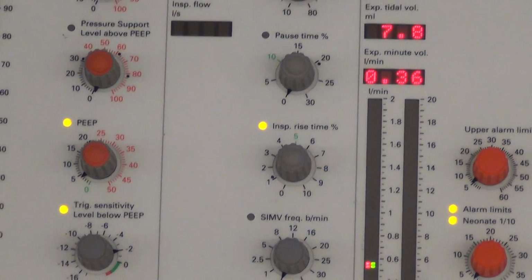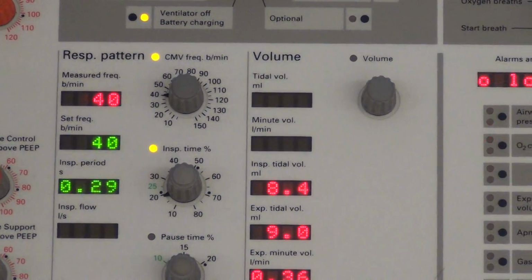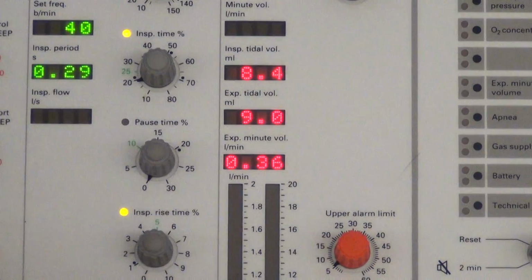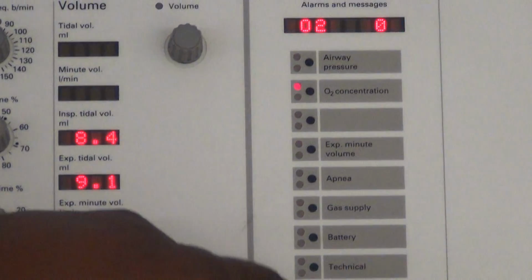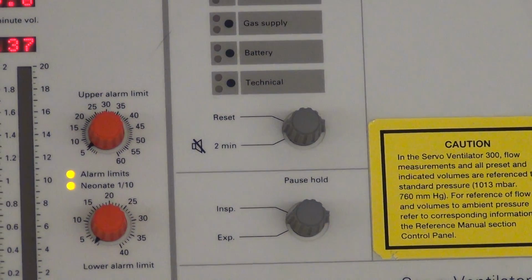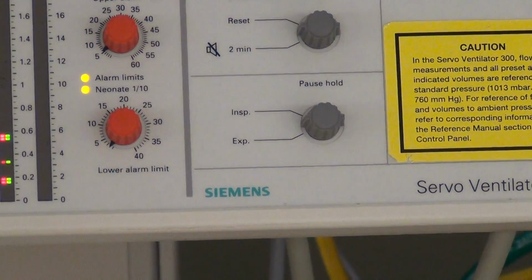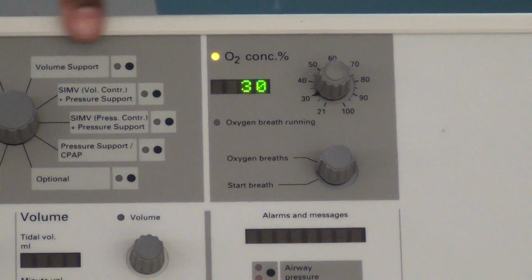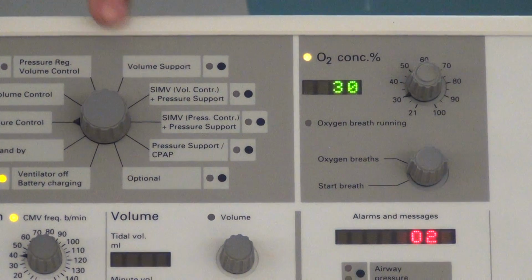Anything dealing with volume, if it's a tidal volume, if it's a minute volume, alarms, everything is here on this panel. And then your actual alarms are here. Silence and reset are here. If we're doing a pause for auto PEEP or that plateau pressure, we would flip a knob here in order to get that. Up at the top here is our FiO2, and then we have our different modes of ventilation, of how we want to ventilate our patient. All right, so